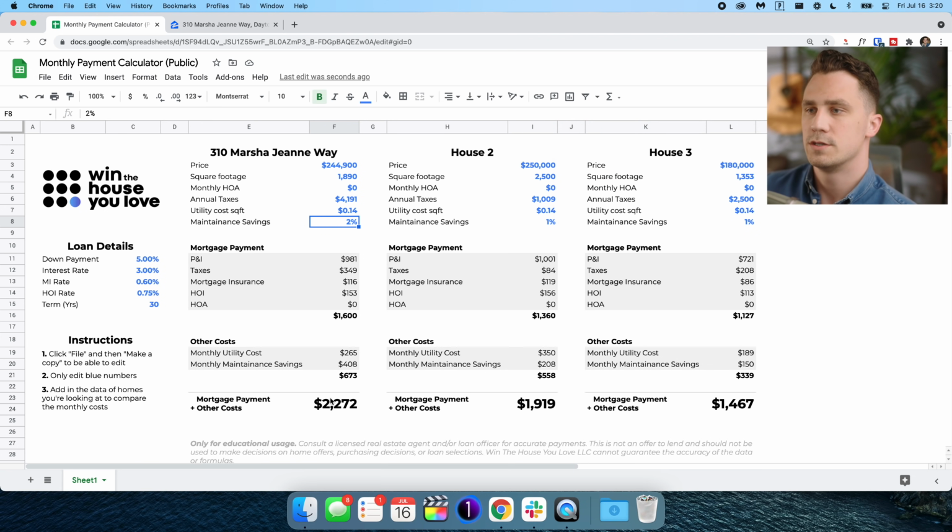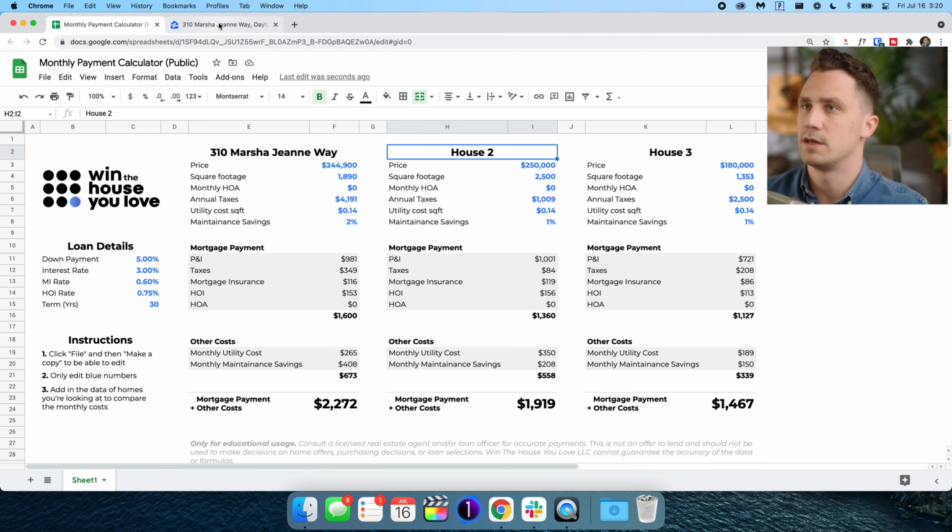So that actually gives us a total of the monthly payment plus the other costs we need to consider in utilities and savings of $2,272 per month. Well, that's vastly different than $1,600. You can see there was $673 a month in costs that maybe we didn't consider. So it's a little bit scary to just see the $1,600 is what the mortgage company is collecting for us, including escrows, but there's the other total cost of that home as well.